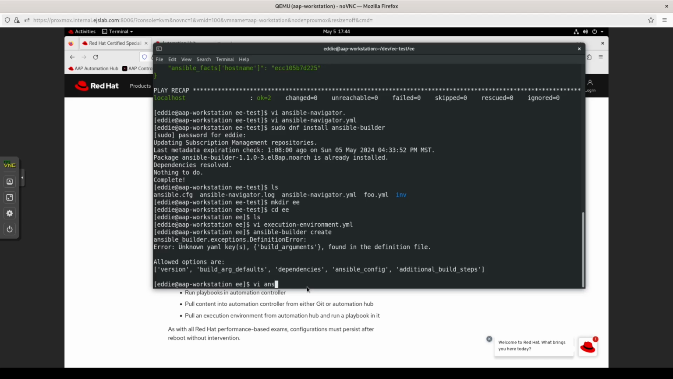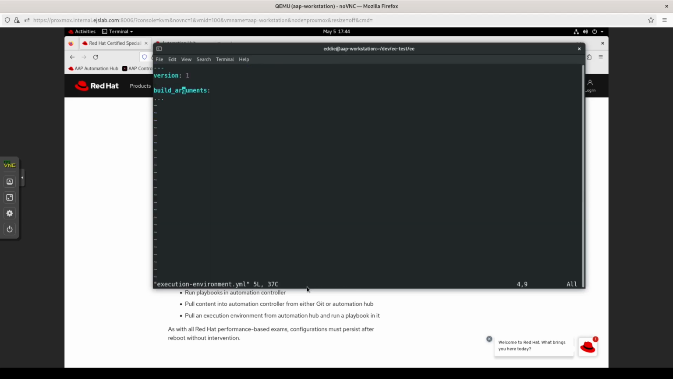So we'll do execution environment. Change this to build_arg_defaults. And there are two things we're going to define here. We're going to do EE_BASE_IMAGE and EE_BUILDER_IMAGE. Now, the base image, if you think back to if you've ever had to build container images,